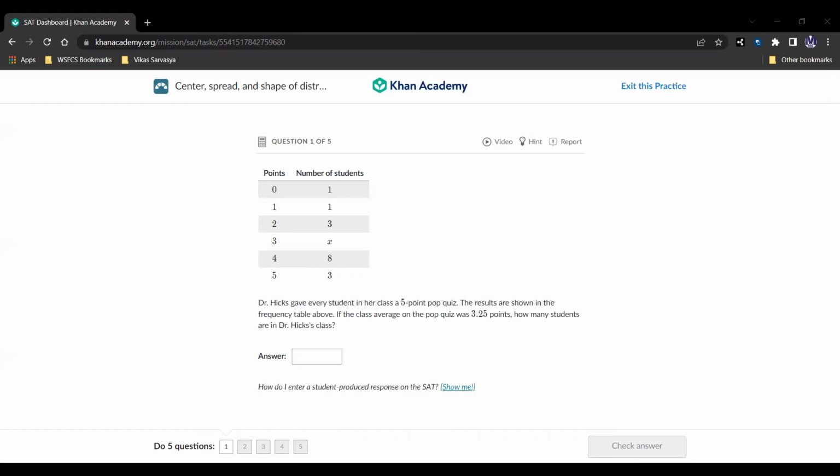Hello and welcome. Today we're going to be looking at the center, spread, and shape of distributions. This is another topic on the topic of problem solving and data analysis as part of the SAT math portion. As always, we're going to be looking at 5 questions. We're going to explain them and look at the intricacies in this topic so you can ace the SAT math